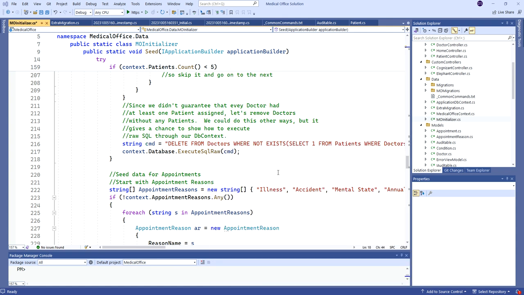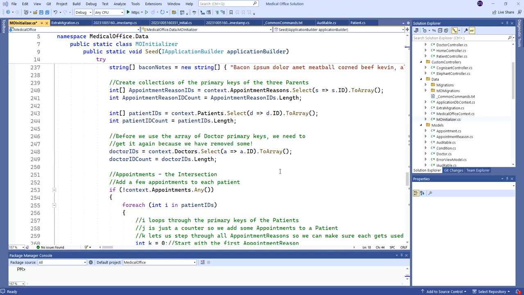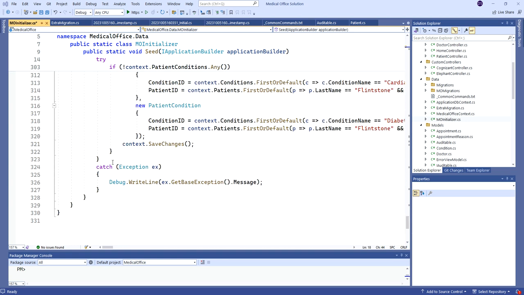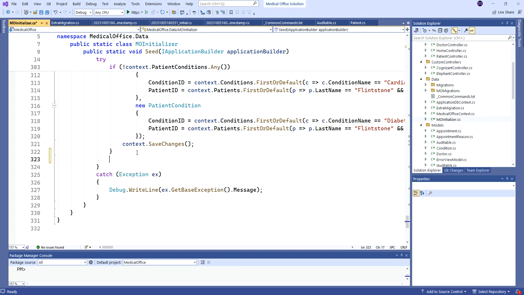So this is another place if you're going to do this kind of coding, again, do it at the end, right? Right before the catch block. At the end of the try is where I would put this kind of code, right? So let me just throw it in. We're going to follow the same approach as that earlier code we did with doctors,